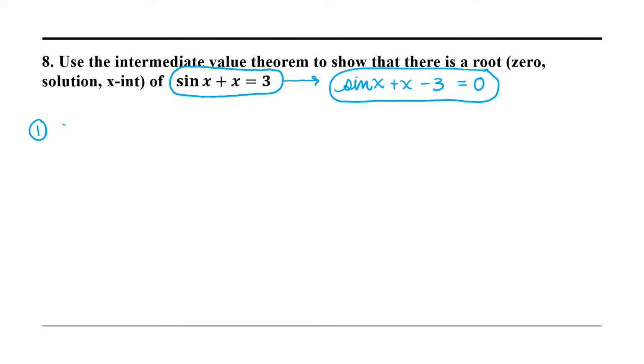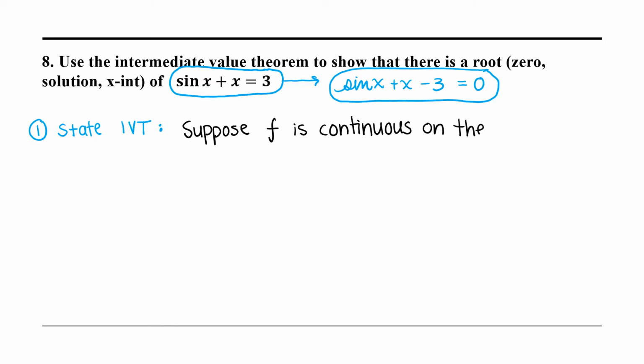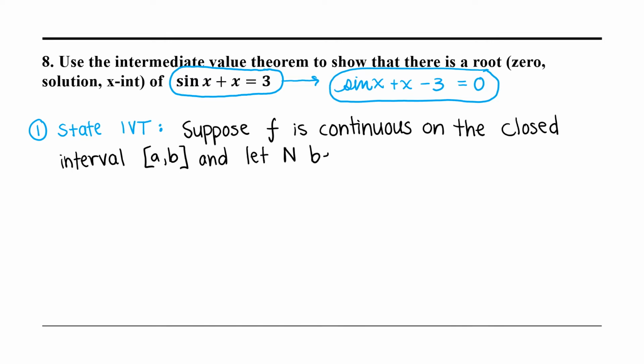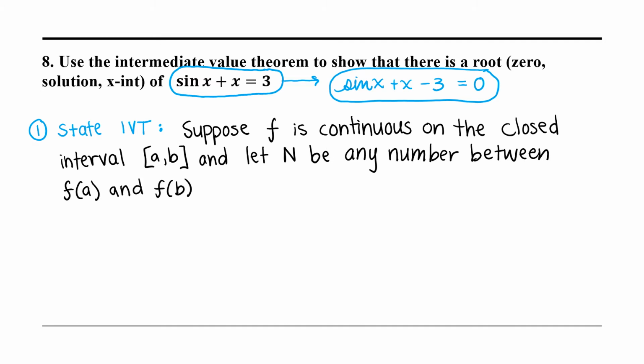Then we want to state the intermediate value theorem. So suppose f is continuous on the closed interval a to b, and let n be any number between f of a and f of b, where f of a does not equal f of b,